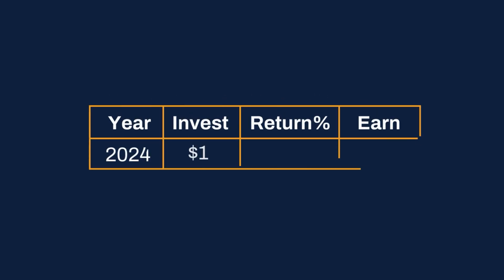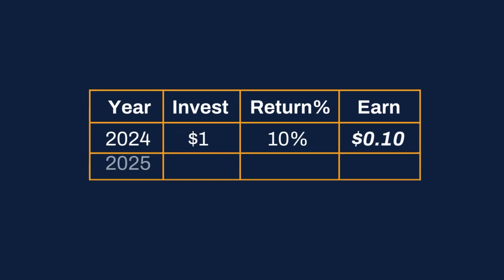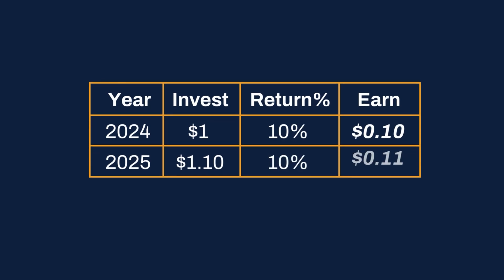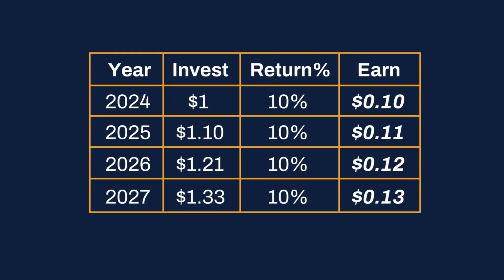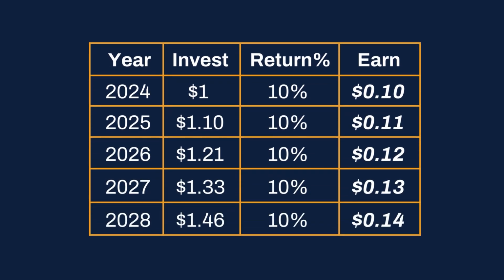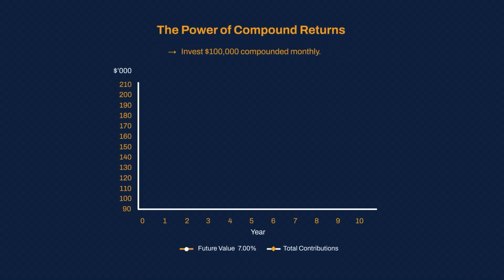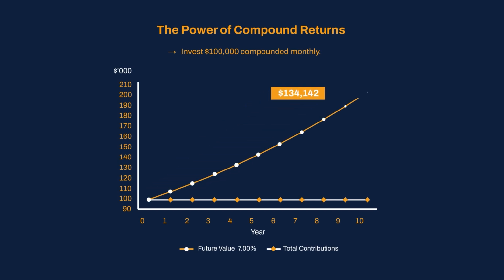Say you have $1 and you invested at a 10% return. At the end of a year, you have $1.10. The next year, you'll start with that $1.10 and earn 10% return on that, and so on. This greatly accelerates your growth of income over time as you're earning income on income. Let's have a look at this graph to highlight the compounding returns. If you invest $100,000 at a 7% annum interest rate and it's compounded monthly, then in 10 years' time, you would end up with